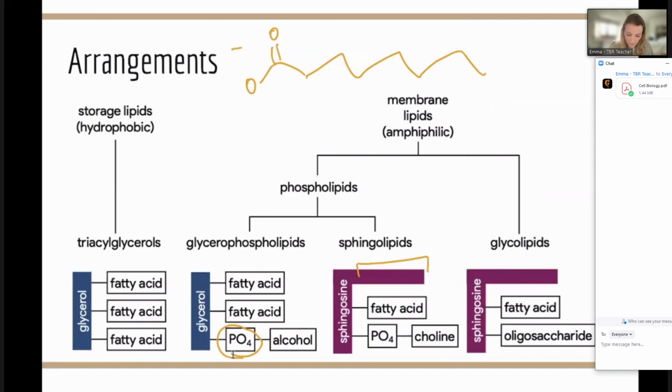So the benefit of adding on a glycerol or a sphingosine or a phosphate is that we can then change the electrochemistry of that molecule, and therefore we can have different interactions, different connections, and different behavior. And so you can see over here, it's broken down in this tree. We've got storage lipids, going to be hydrophobic. We've got our triglycerols, triacylglycerols. There you go.